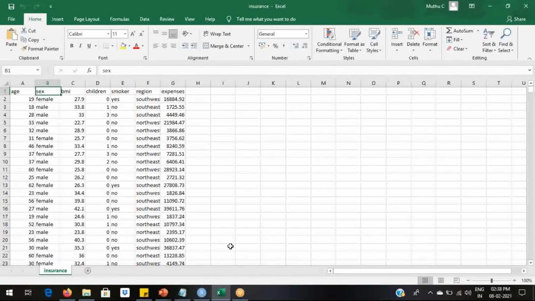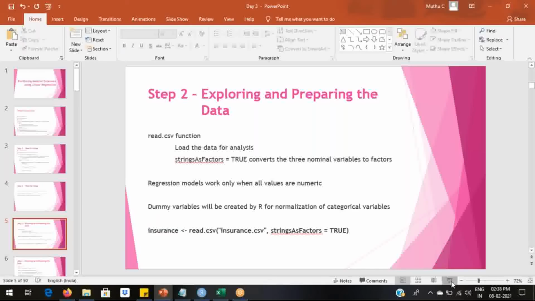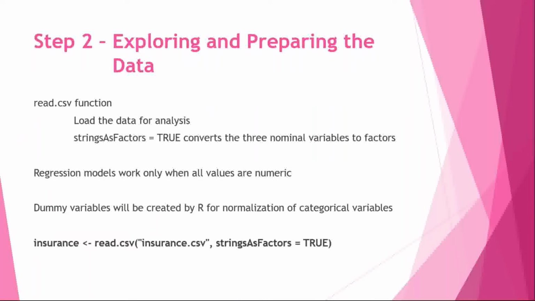For example, if you take sex, we have two values, male and female. So a dummy variable will be sex male and sex female. So it will be like that. The objective of dummy variables is to normalize the categorical or string data and to make the algorithm treat all data equally. So now let's execute the command